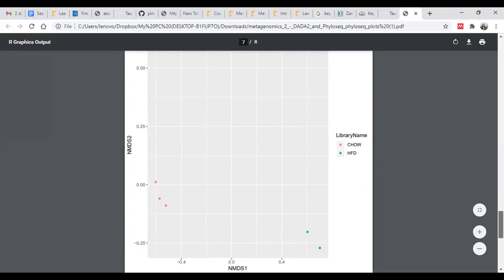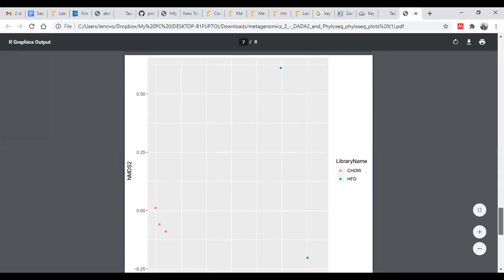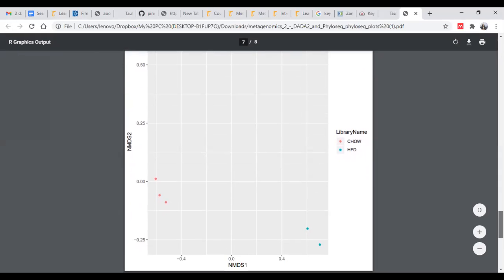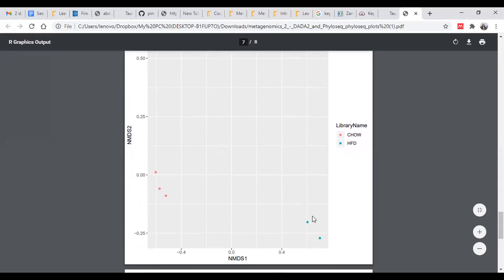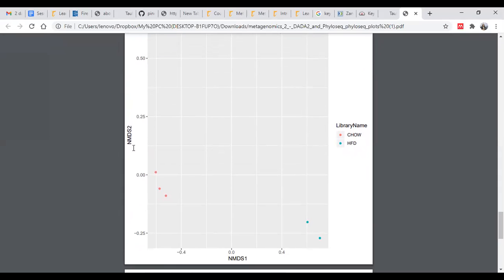The next plot that we have obtained is NMDS2. So what is this NMDS? It represents non-metric multi-dimensional scaling. NMDS is something like PCA.